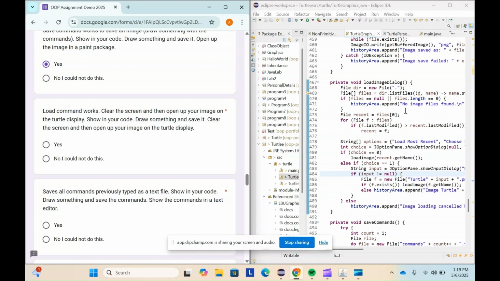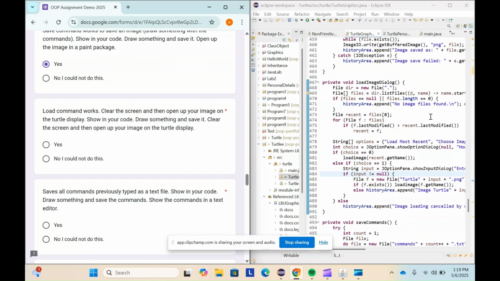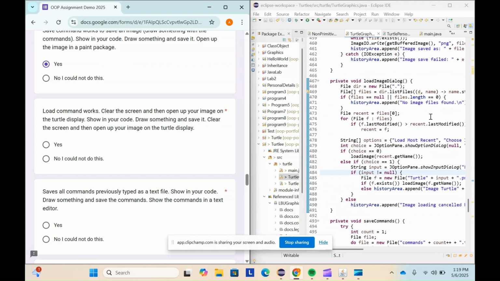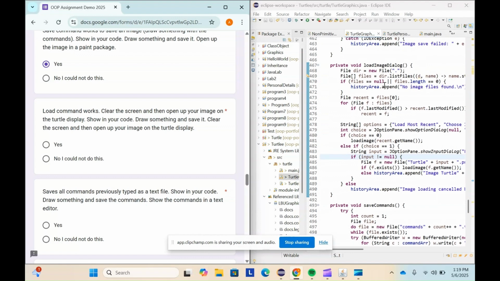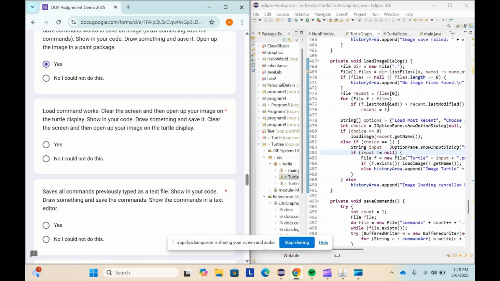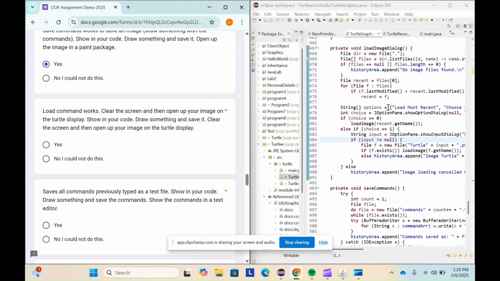If there are no such files, it shows an error message that no image is found, and it exits. And if it finds the most recently modified turtle images, here with recent equals f,